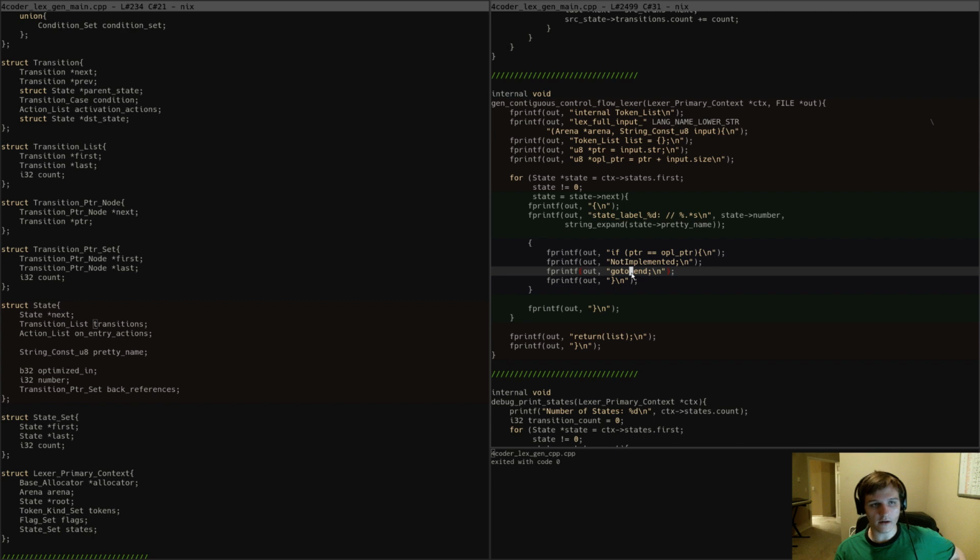So what we kind of need to do is look at all of our transitions, and say, can you sort yourself in such a way that we can iterate you once and output you in the correct order? So there's a couple of things we want to do when we go to sort those. One thing we want to think about is the transition order should always put its end of file handler first. But one thing we haven't done is made sure that the end of file handlers are all separated out from everything else. So maybe the right first thing to do is to say any transition that has an end of file